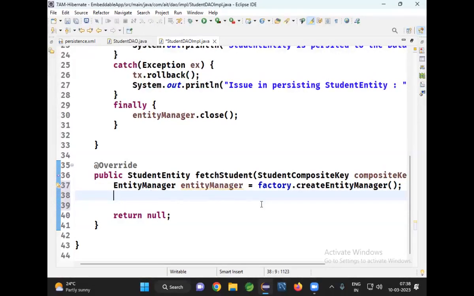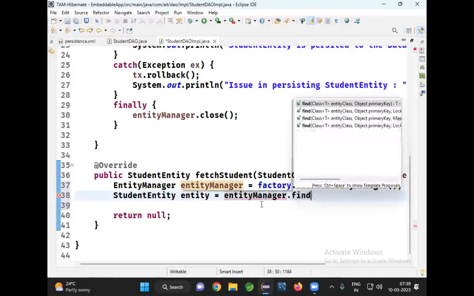We are in JPA. When we are in Hibernate, what are the equivalent methods? Load and get methods. Load method can be used to perform lazy load operation. Get method is to perform early load operation. Right? What I just want to do here is call the find method. Student entity equals to entity manager dot,